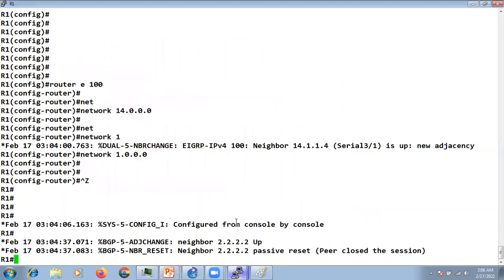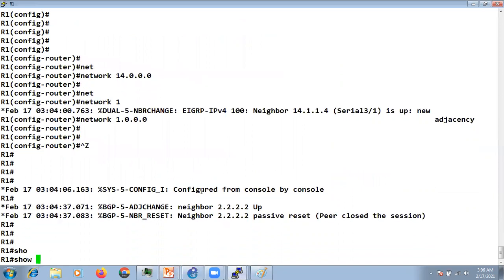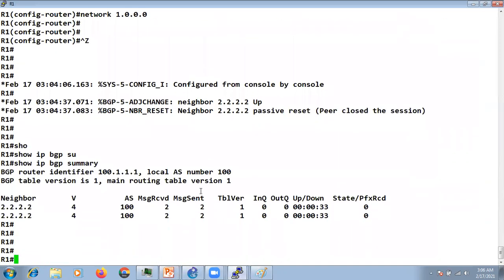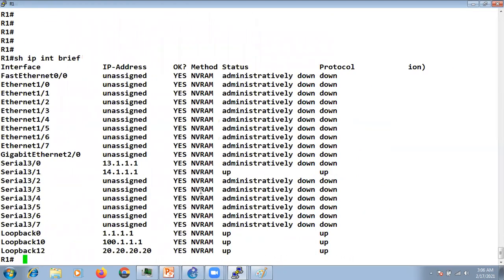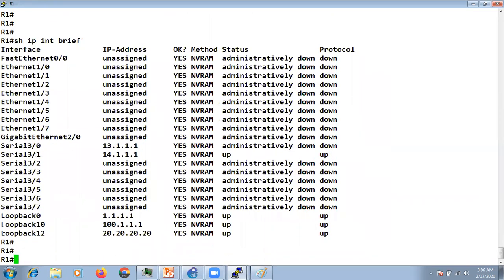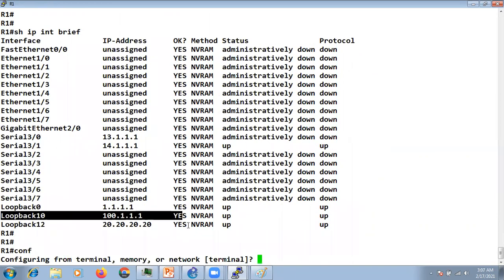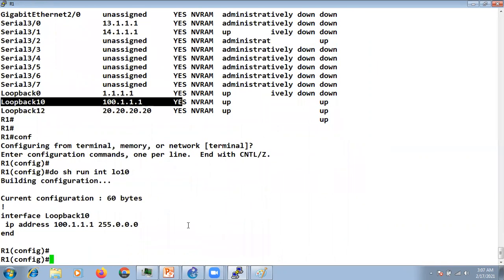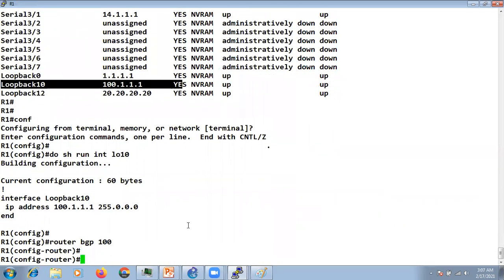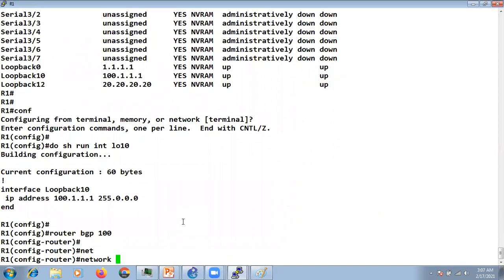Now if I go to R1, show IP BGP summary. Let's try to advertise something. I have one loopback here. Show run interface loopback 10. We'll go to router BGP 100 and say network 100.0.0.0.